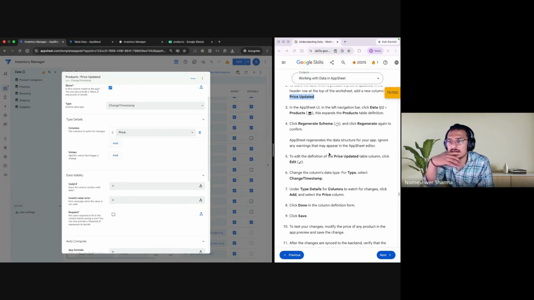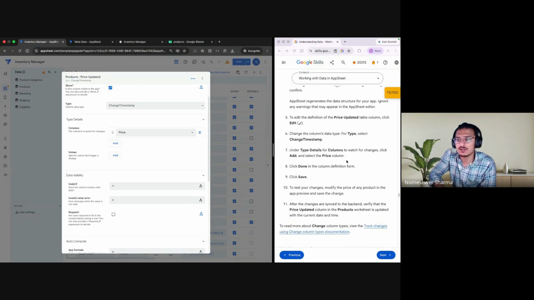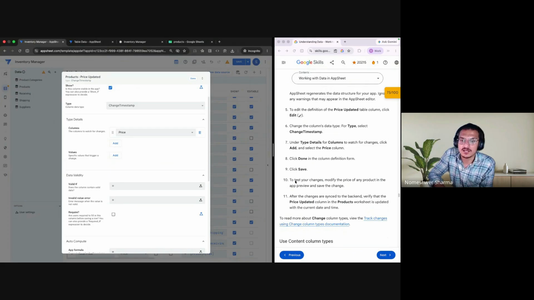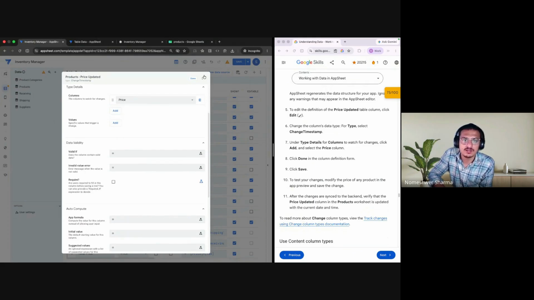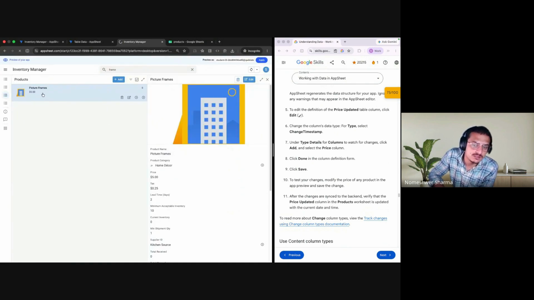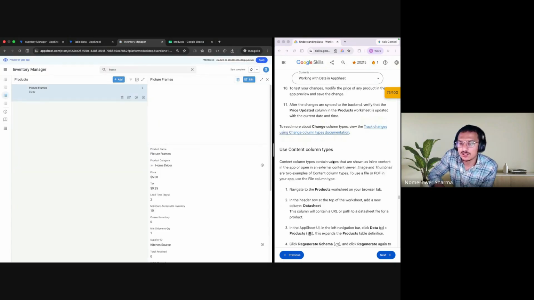Okay, so it says like reason wait again. I did the change type, and the column I have already picked type details. In the columns, I have set the price and I will hit done. Okay, so now let's see what is happening when we change the price from something like